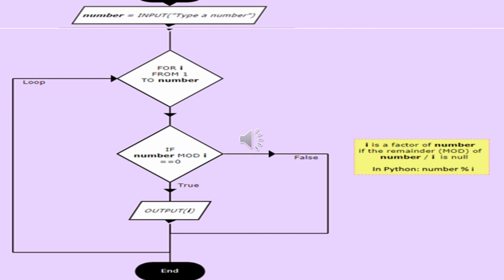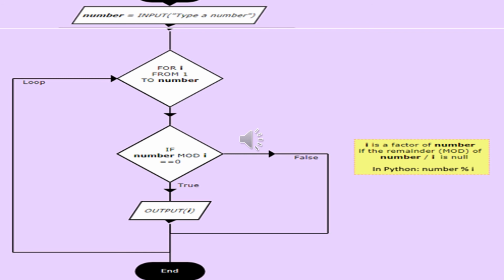15 divided by 2. So now 15 mod 2 is not equal to 0. So it will not return true, it will go to false and end.